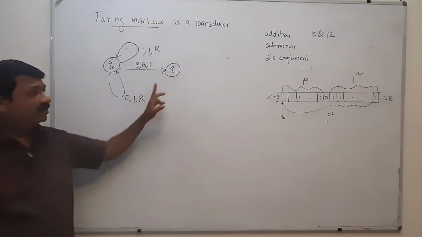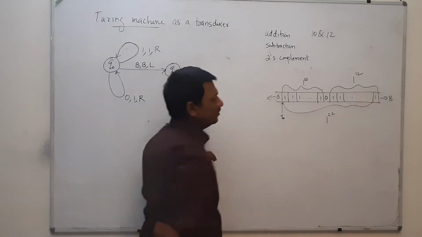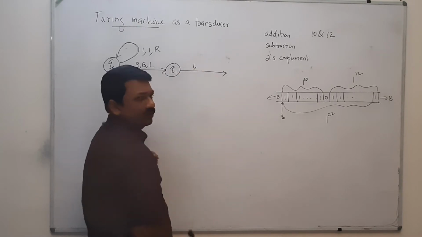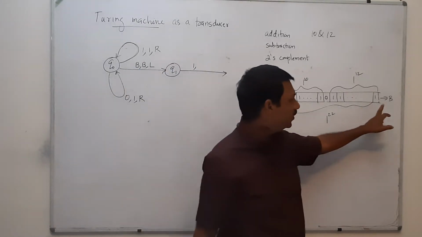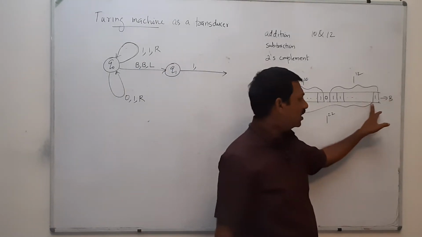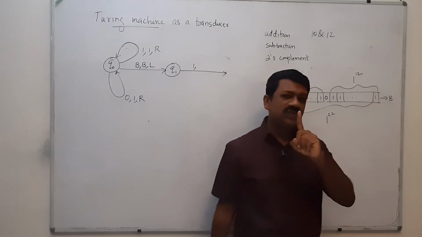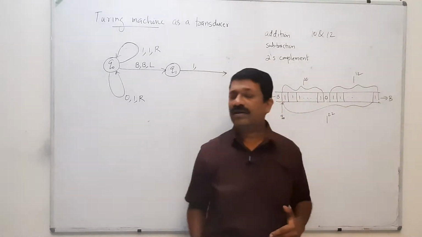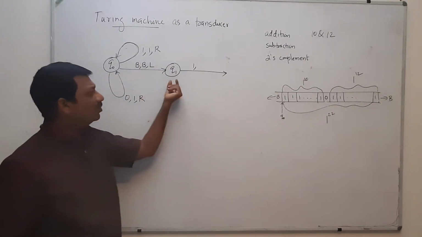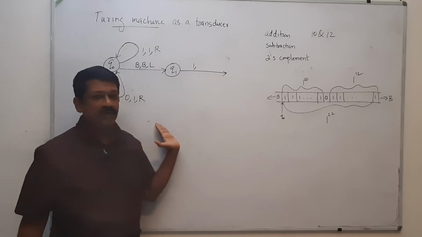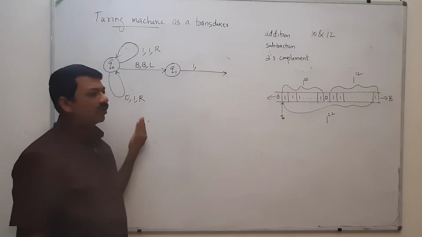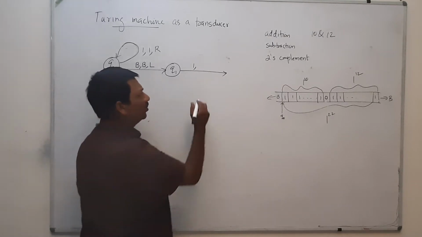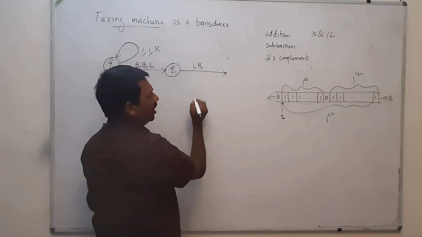In state Q1, upon encountering a 1, here after reaching here you have moved left, and here you have to make the first one. That means the first one immediately left to the blank symbol, you have to make it a blank. You have reached Q1, you have read that blank symbol, and afterwards you have moved 1 position to the left. Now if it is reading a 1, what will happen? You have to make it a blank and move